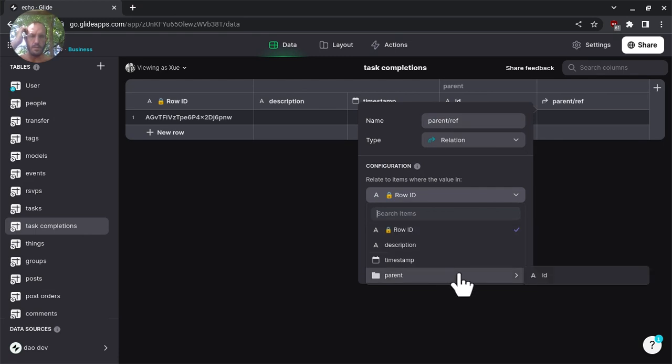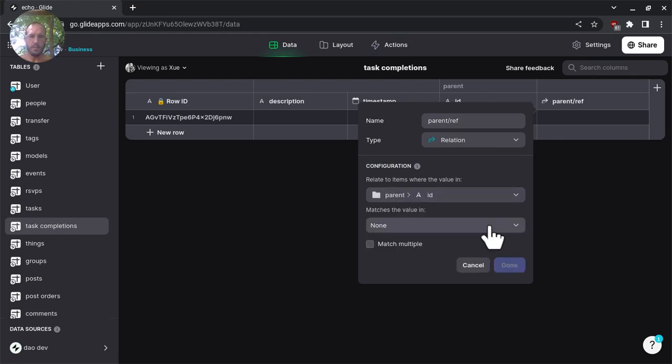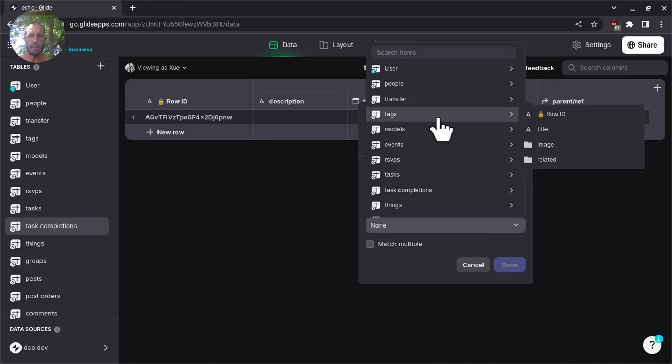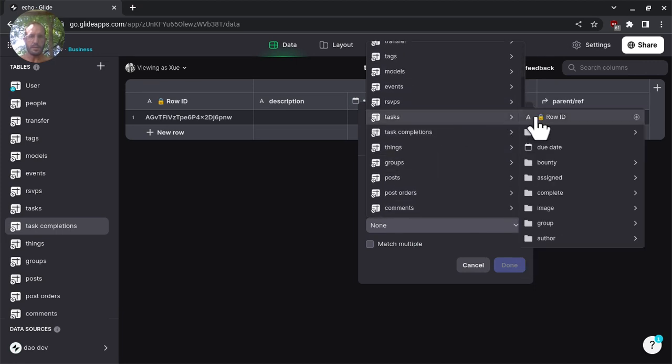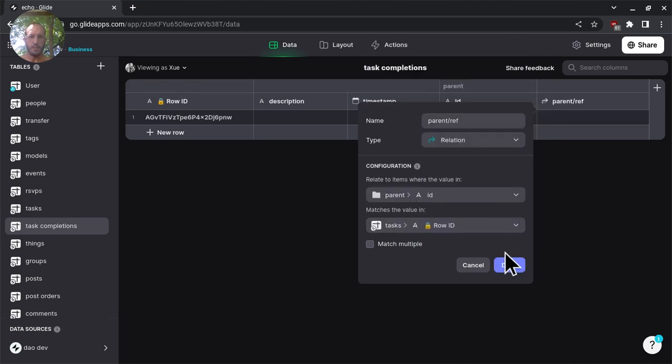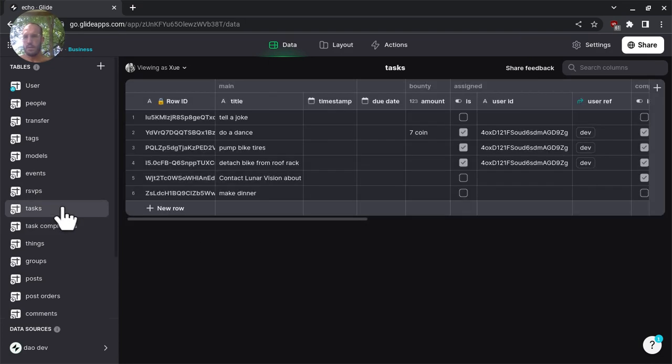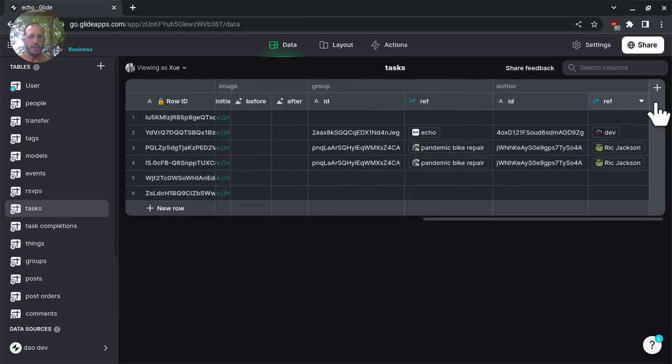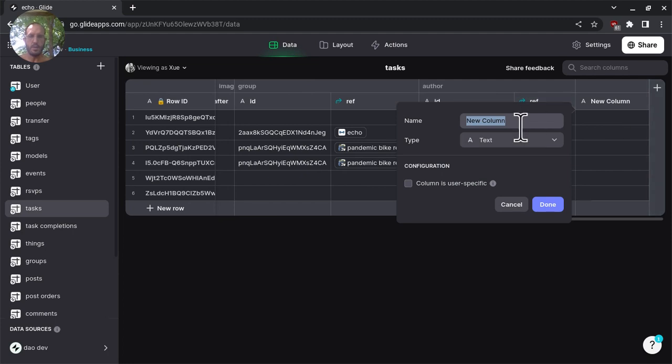Where the parent ID matches the value in tasks ID. And then the tasks will have a completed reference list, and this clearly should be a query, so